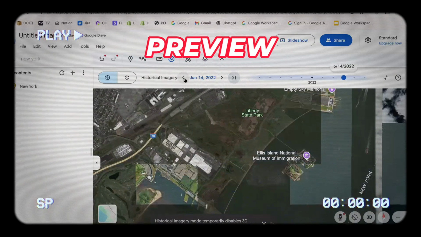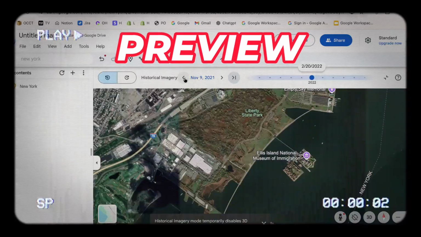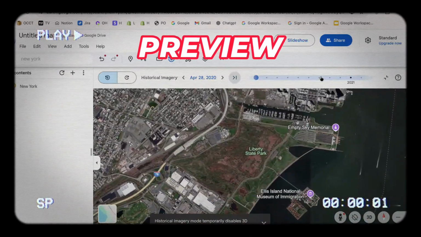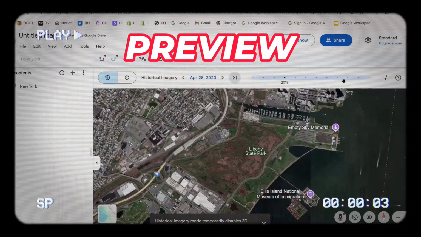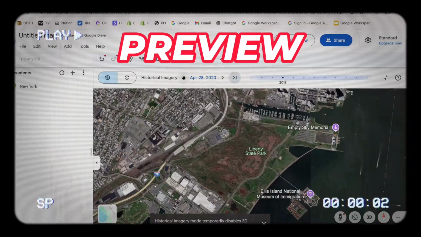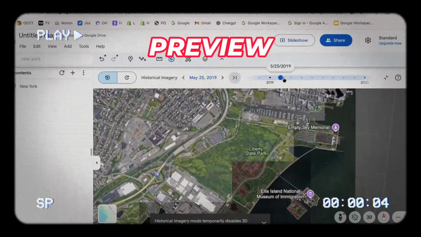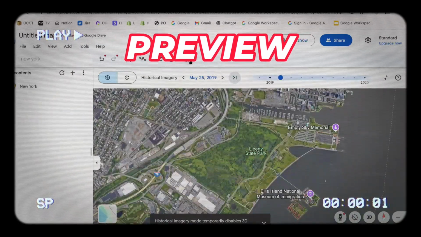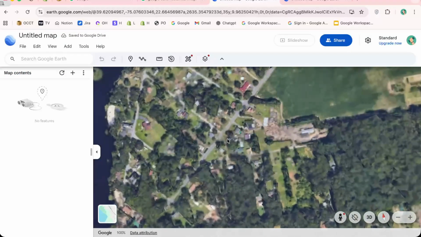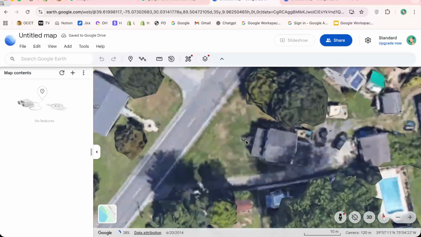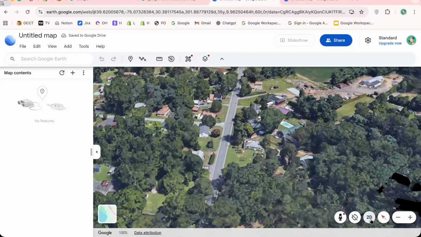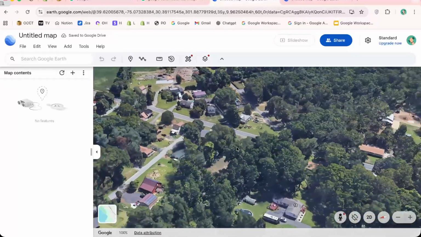Why view historical satellite imagery? Now, changing the year allows you to view historical satellite imagery and see how landscapes, cities, and landmarks have evolved over time. This can provide valuable insights into urban development, environmental changes, and natural phenomena. Observing changes in land use, deforestation, and urban expansion, or coastal erosion, over different years can aid in environmental research